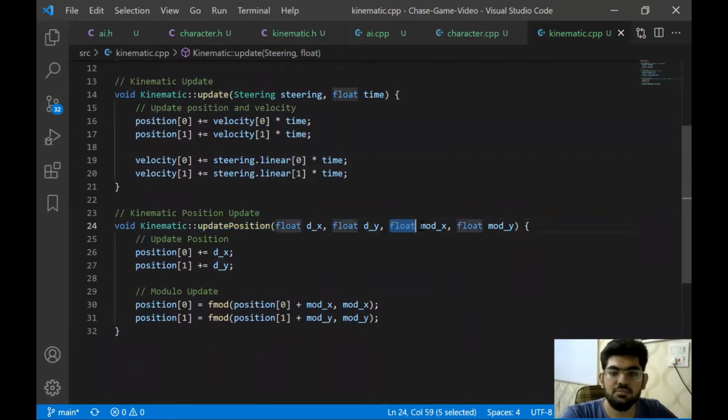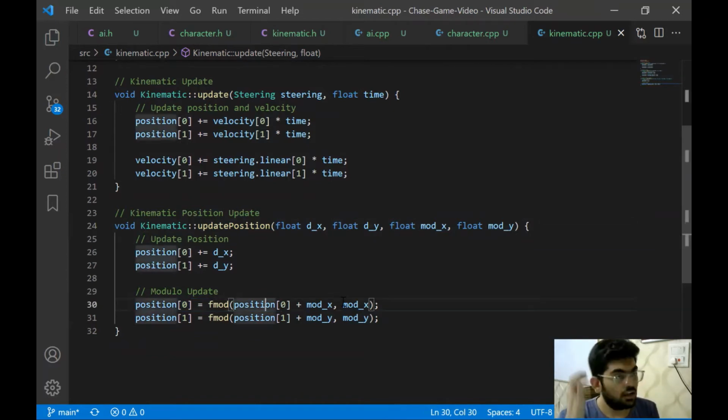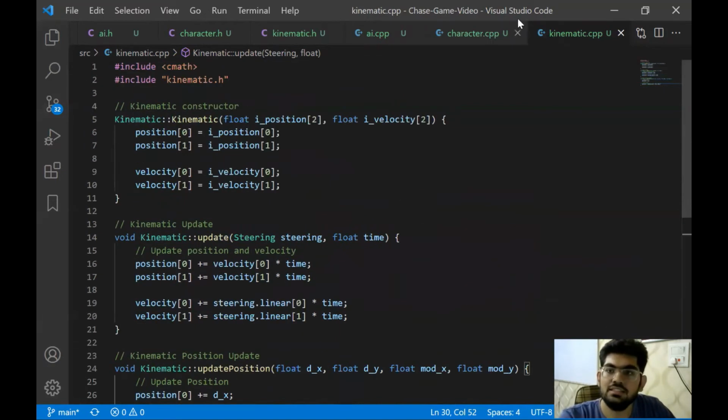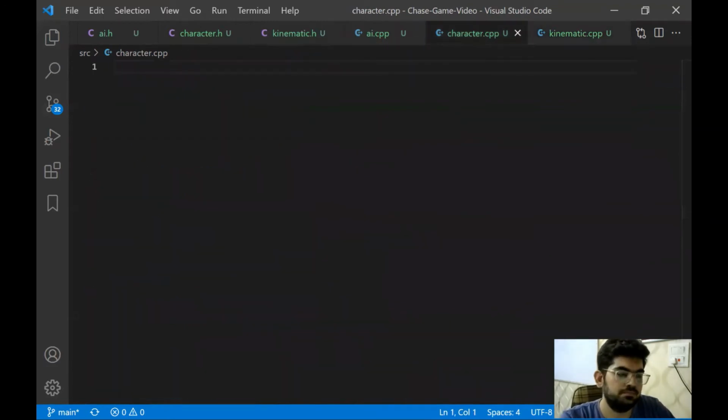Now there are two variables that we're also introducing. These are mod x and mod y. Actually, these are being used to calculate the mod or modulus of the position as well. Now, why are we doing this? So that the characters present on the screen actually loop around back to where they started, right? If it goes towards the right, then it will come out towards the left. Similarly, from the bottom, it will come out at the top and so on. That's why we are computing this mod value, to keep the parameters as such. Right. Now let's get on with character.cpp.